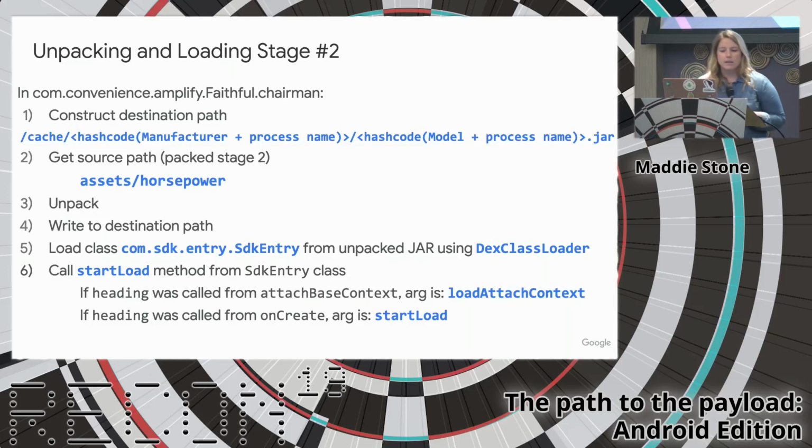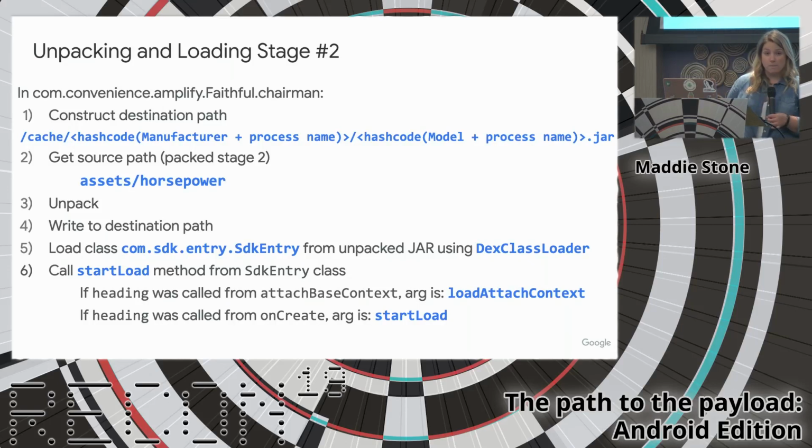So in this case, the stage 2 path, where they're going to write the unpacked stage 2, is cache/ they're going to get a hash code of the string of the device manufacturer from the Build.MANUFACTURER field, plus the current process name, and get the hash code of that, / and then they do the same thing, except this time on the device model, again from Build.MODEL, and the process name,